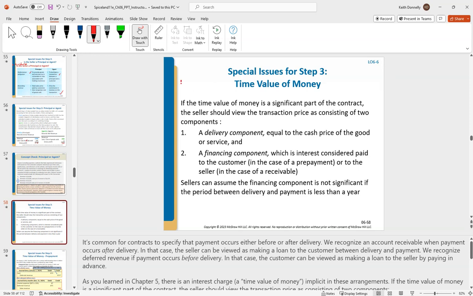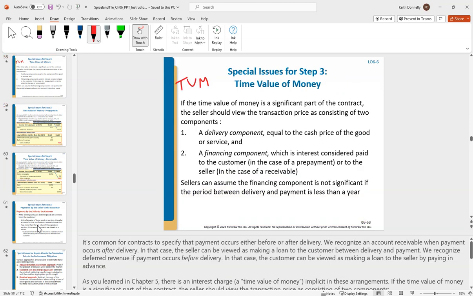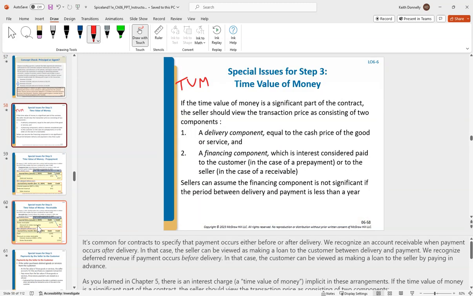All right, how about our friend time value of money? How do we deal with this? After this, I think there's only one more thing, and then we'll pause because we're getting towards the end of the time here. If the time value of money is a significant part of the contract, and really what this means is we're looking at stuff here for a year plus,